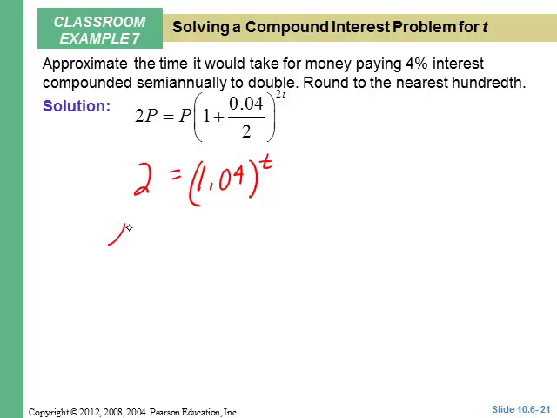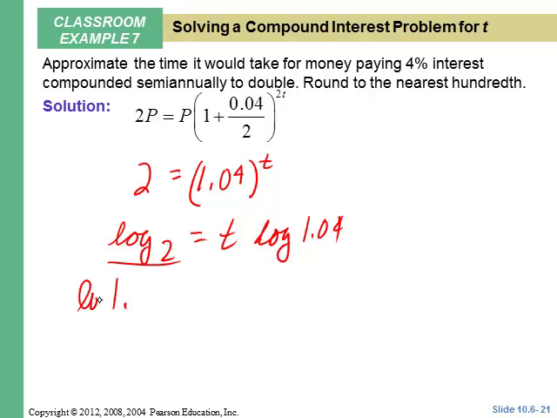So we would have log of 2 is t log of 1.04. Divide both sides by log 1.04. That will be our t. So we could press log of 2 divided by log of 1.04, and we get 17.67 years